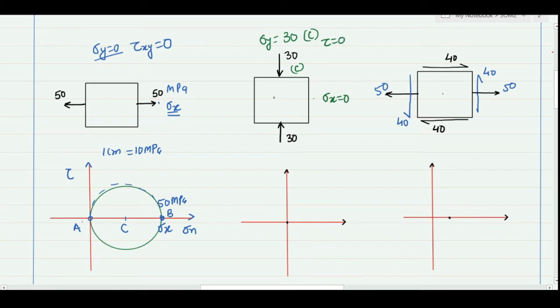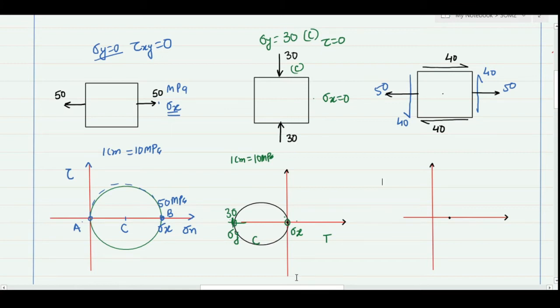Let's try to construct Mohr circle taking only sigma y on the body. So sigma x is 0, that means one stress will be at the origin, and let's mark it as sigma x. As sigma y is minus 30, that means we are going to mark it on the negative side, which represents the compressive stress, and the positive side represents the tensile stress. So somewhere here, let's again consider a scale that 1 centimeter is going to represent 10 megapascal, and let this be at a distance 3 centimeter from the origin, so this would be my sigma y of magnitude 30. Using these 2 points, since there is no shear, I am going to construct a circle, and that will represent my Mohr circle.